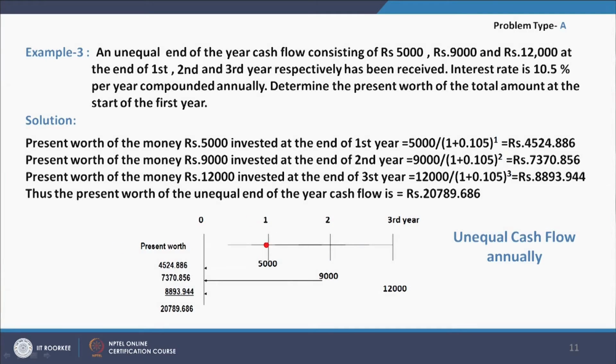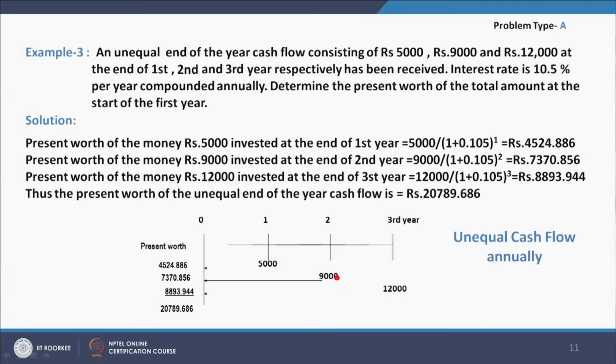Now, if you see the timeline here, at the end of first year we have 5,000 rupees, at the end of second year we have 9,000 rupees and at the end of the third year we have 12,000 rupees. Now, this 12,000 rupees has to be brought to its present value, this 9,000 has to be brought to its present value and this 5,000 has to be brought to its present value, and if the 5,000 is brought to the present value it is